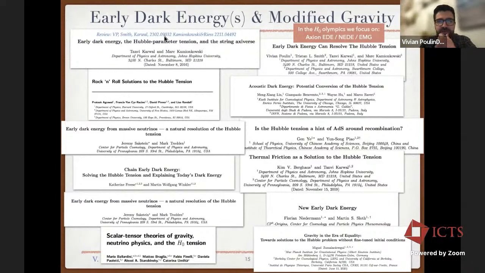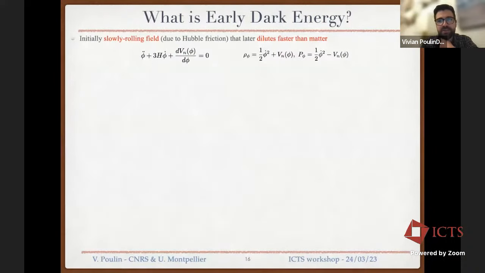And those two reviews, I believe, are very complementary. One gives more insight on the Hubble tension itself. The other goes more into details of the model. So have a look. So what is early dark energy? The typical idea is essentially what you do in physics when you have a problem. You put a scalar field; inflation and dark energy are the same ideas. You have a scalar field that is slowly rolling, that is frozen in its potential due to Hubble friction.